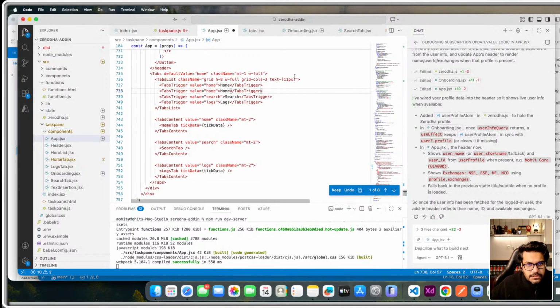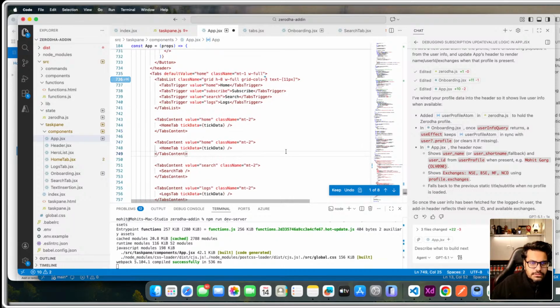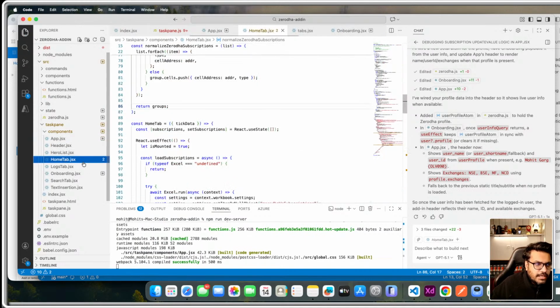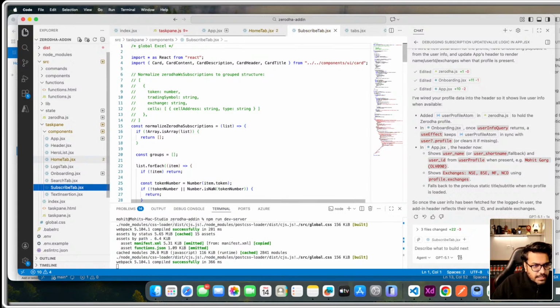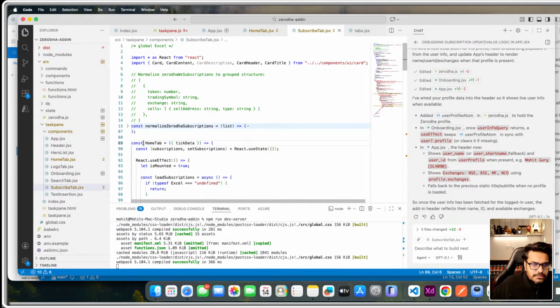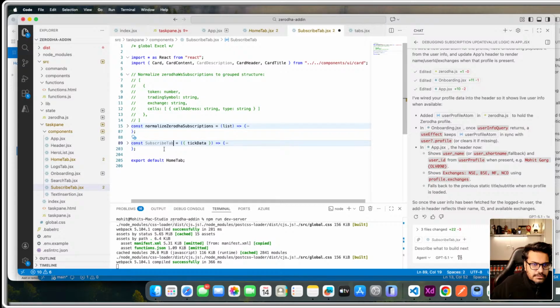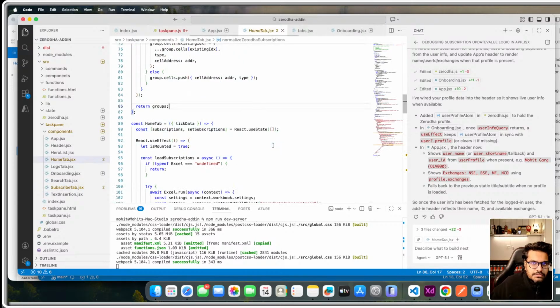It should call subscribe, and you can just put there as this, and this is home tab, and copy this subscribe tab,